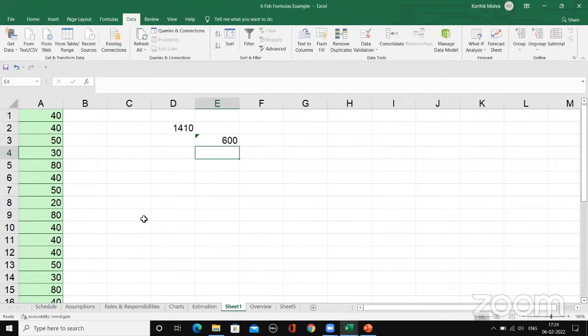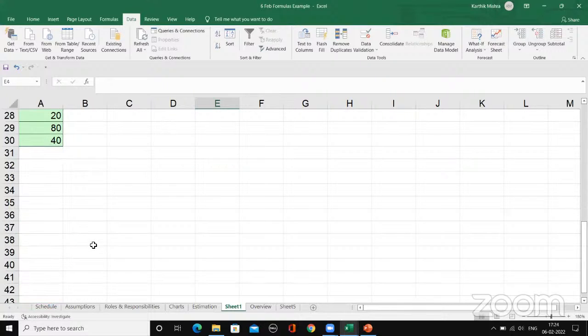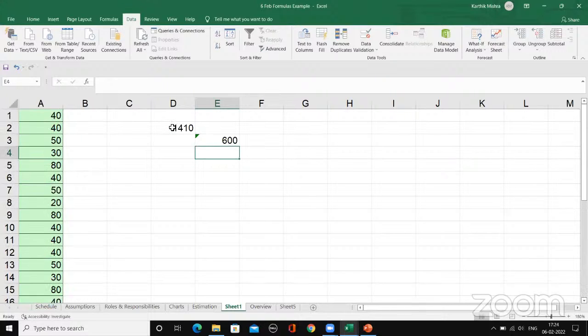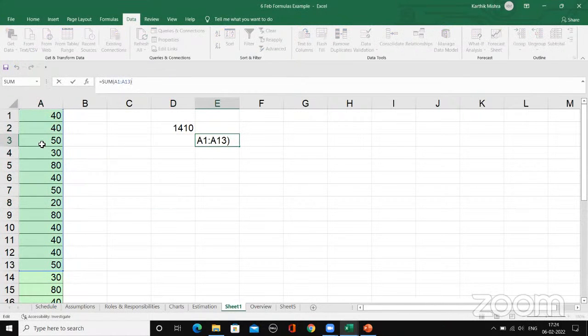Then it is not going to add up anything below if I keep adding. So based on your requirement, you can either do full columns or full rows, or you can only do a few rows. In that case, you have to give the selection. So I'm saying here 1 to 13, right? On this, I can always edit. I can say instead of 1 to 13,